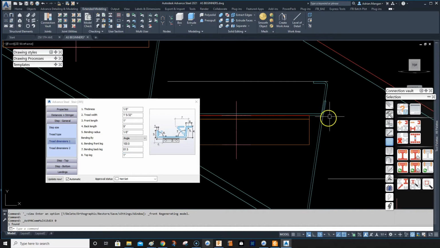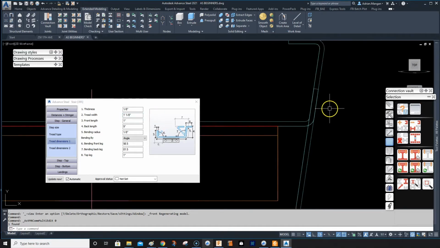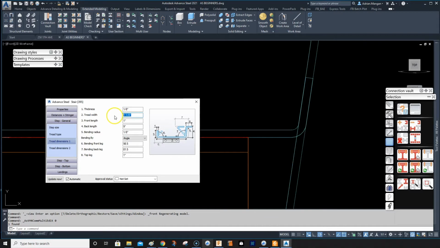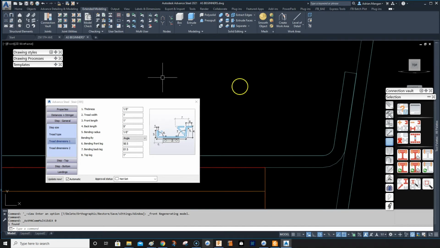Now you can see we're too long here, and this angle is incorrect. So this front bending angle is 100. I want it to be 90 plus the 8.5. And there's my bending angle, and now I can see where I'm too long here. So let's go 12 and 1/8. That obviously is not enough, so we need to go probably to 12. And that's good enough. You have a slight clash there, so you probably don't want to have a clash,